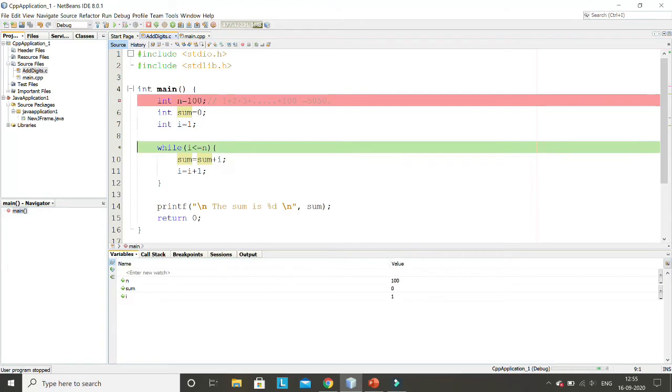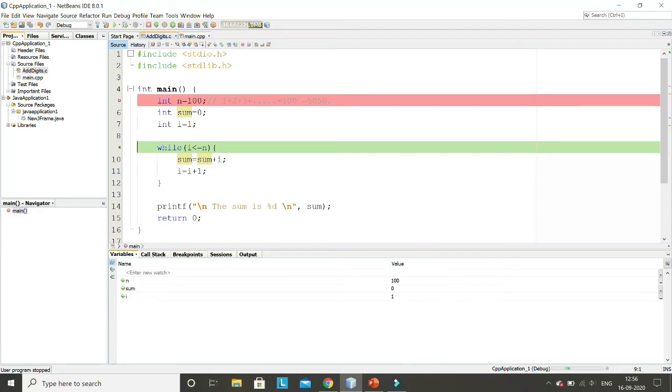Now the while loop will start. You can see where the green line is now. Green line means this line is the next line to be executed by the C program, but it is not executed yet. So what I am doing here is using a concept called debugging. The way I explained how to run a code, whenever you give the run command, it runs the entire program at a time.